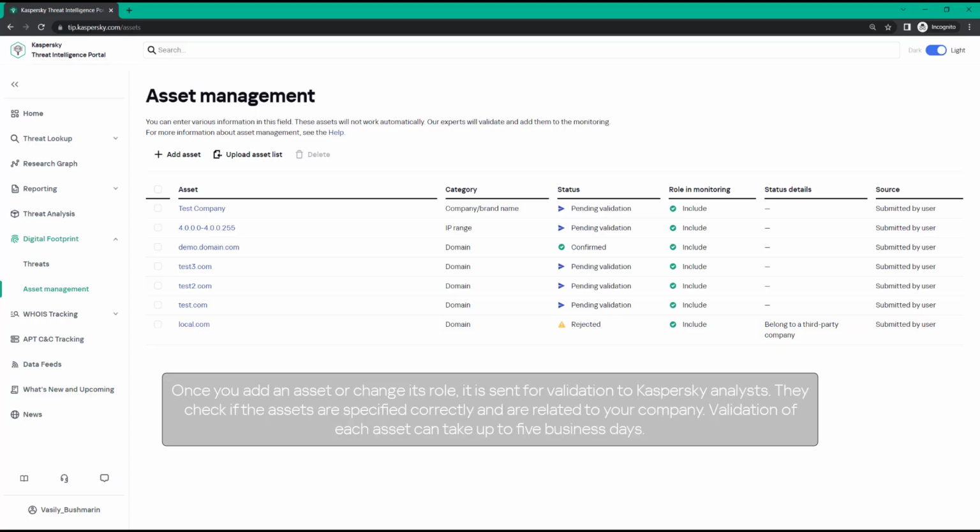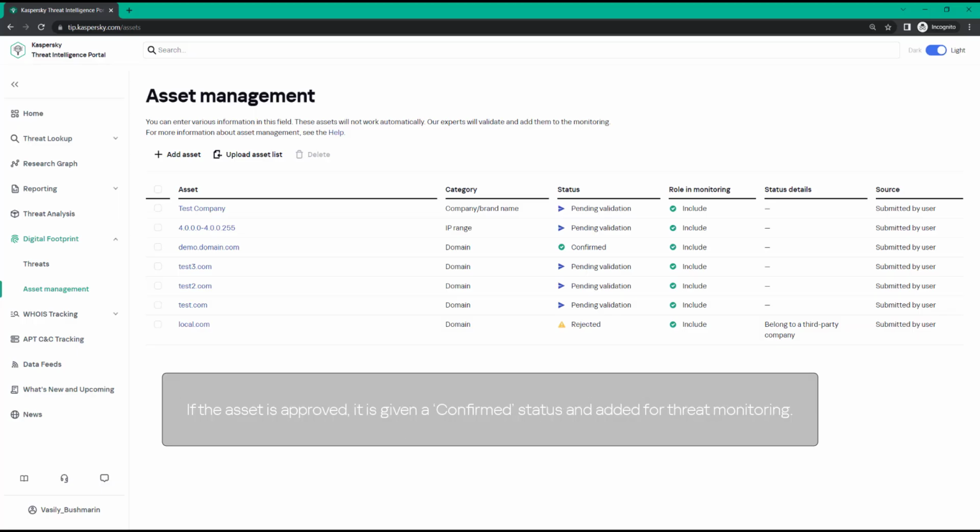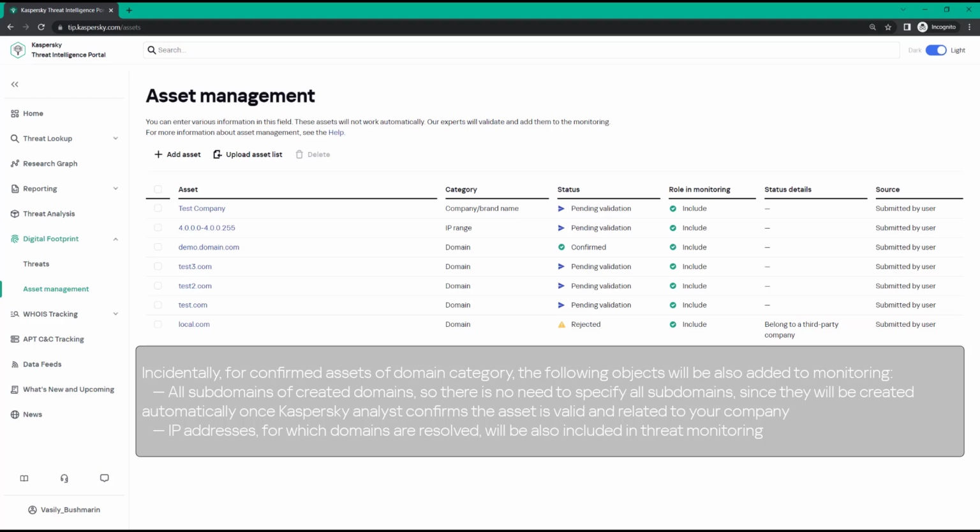Once you add an asset or change its role, it is sent for validation to Kaspersky analysts. They check if the assets are specified correctly and are related to your company. Validation of each asset can take up to 5 business days. If the asset is approved, it is given a confirmed status and added for threat monitoring. Incidentally, for confirmed assets of the domain category, the following objects will also be added to monitoring: all subdomains of created domains, so there is no need to